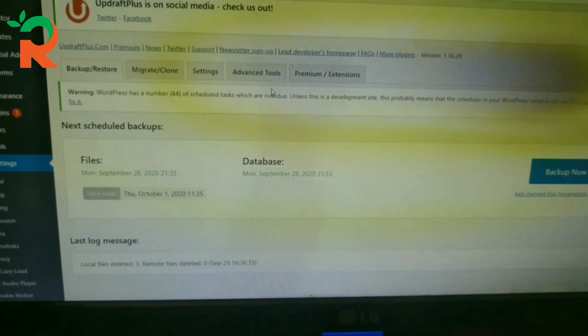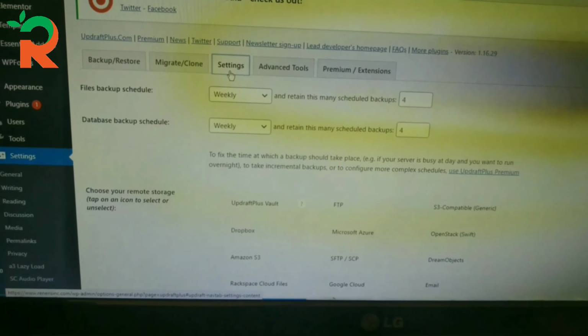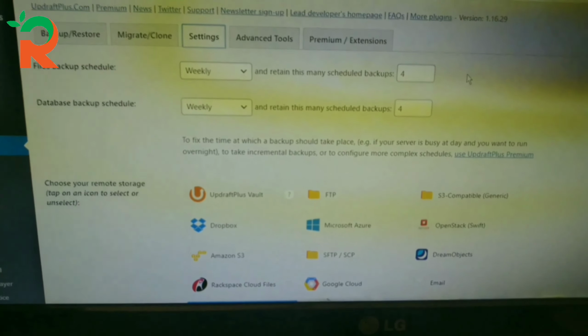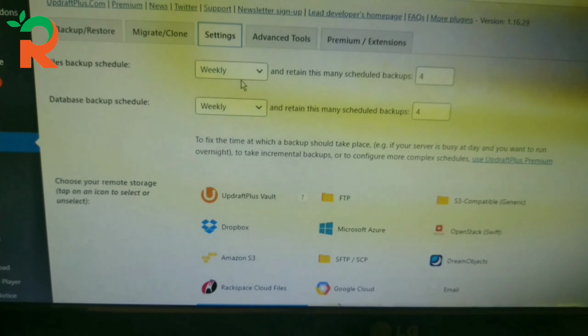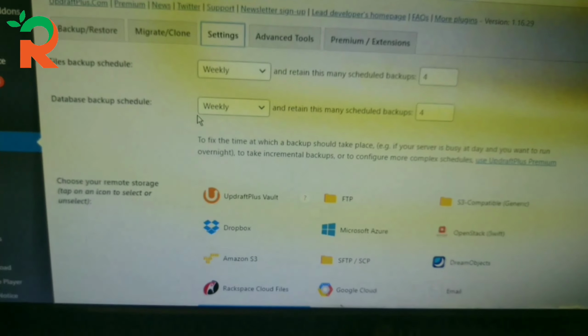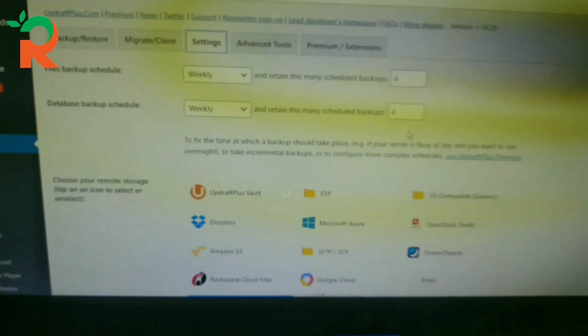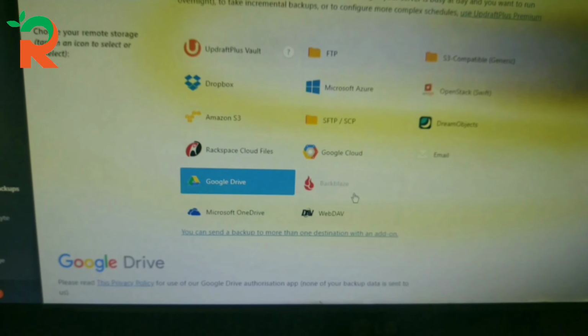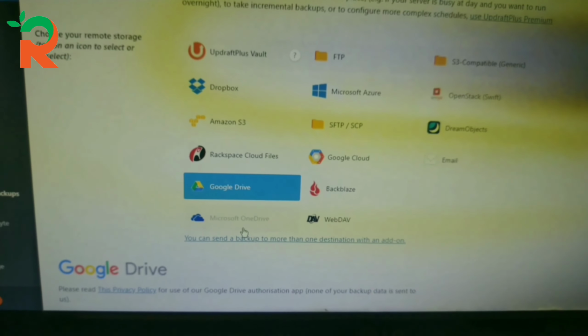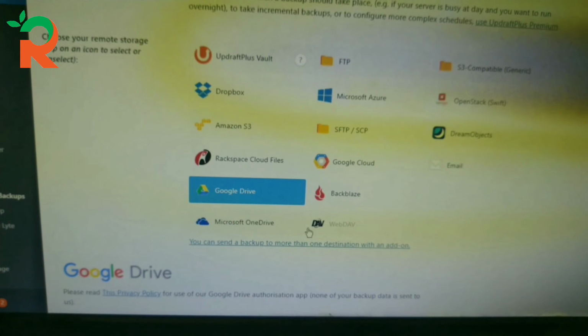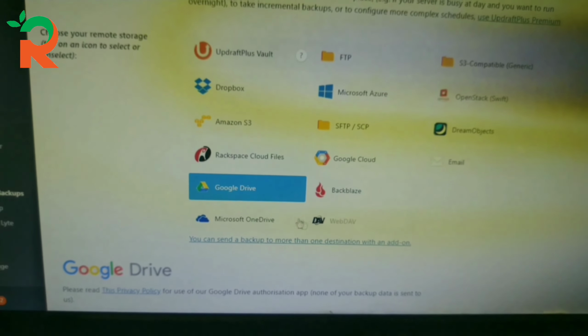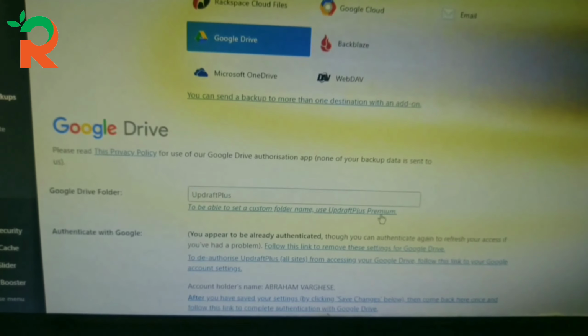Now let me have a quick look at the settings. Here, settings. I have opted for the weekly backup, database backup weekly also, and I want to retain it for 4 weeks. When you scroll down, as you know, the Updraft Plus backup can be taken to a remote storage, so I have opted for Google Drive.